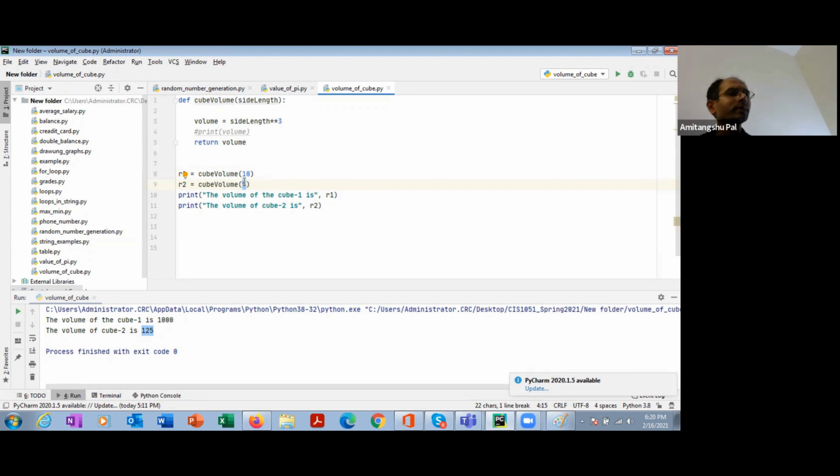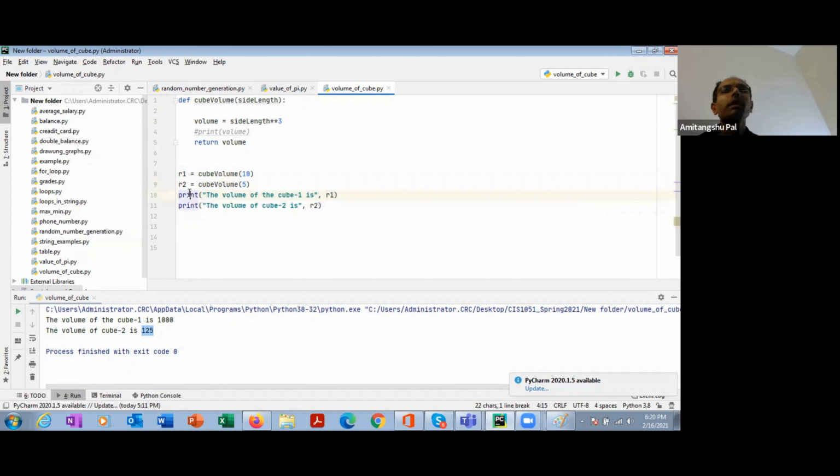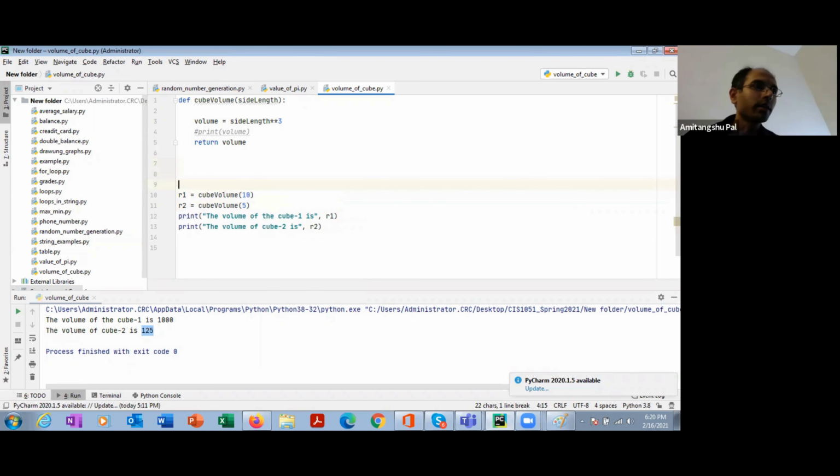Now, in many other programming languages like C and Java, there is a concept of a main function. Main function means the function that is going to be the start of your execution. In Python, you do not necessarily need to use main. The use of main is optional. But if you want, you can write define main.